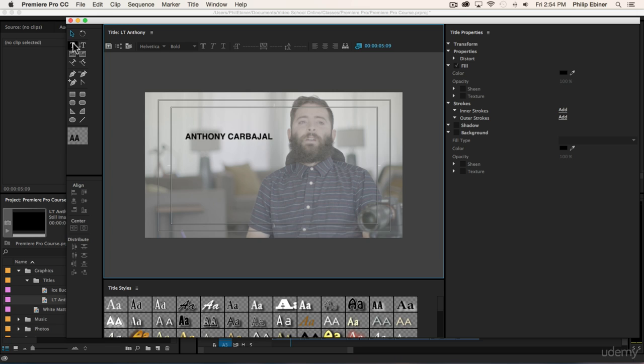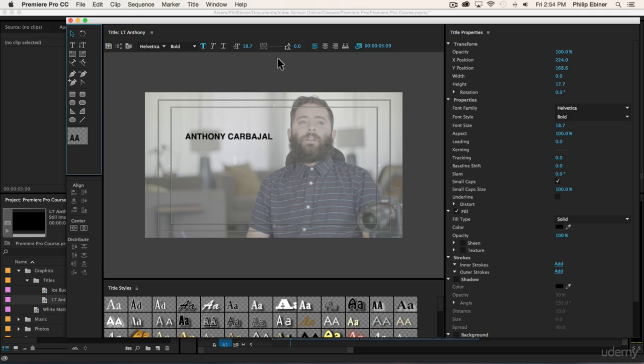I could click the text type tool up here and then click here to create another text layer. Instead, I'm just going to duplicate the Anthony Carbajal text right here by selecting it and copying it, Command C, and then pasting it, Command V, and then dragging it down. It's okay if it's not aligned because we're going to use the align tools to align them in just a second. Then I'm just going to double click inside, press Command A to select all the text, delete it, and